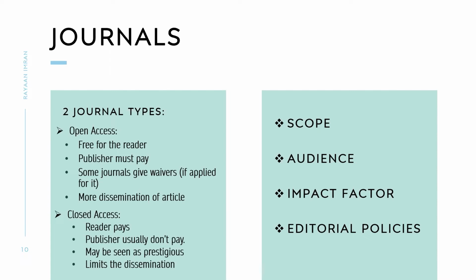And then editorial policies, as we've already discussed, some journals will have some editorial policies. When you're writing the article, should it have double spacing? Should it have bold letters? Should it have this many words? How many authors can it have? How many paragraphs can it have? And of course, what is the entire procedure? Do you need an abstract for it? Do you need a bio sketch for it?